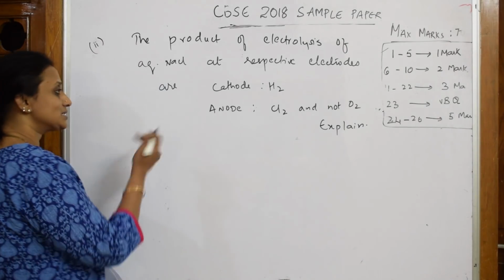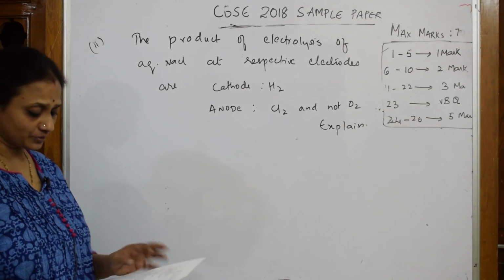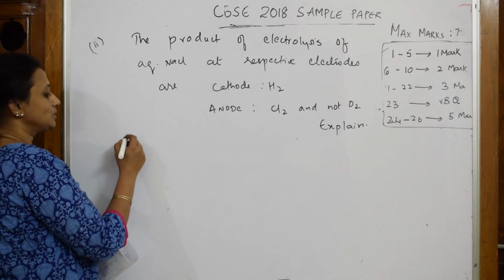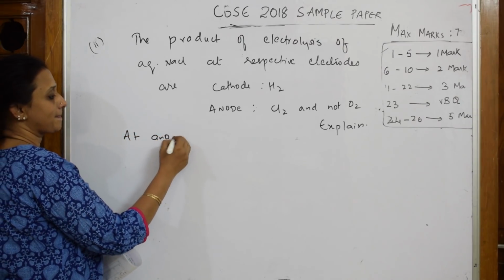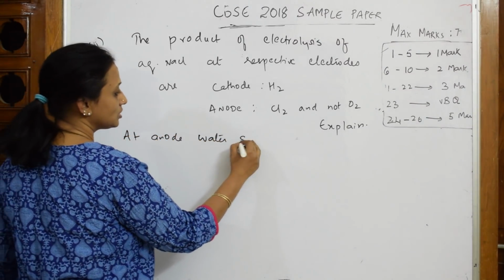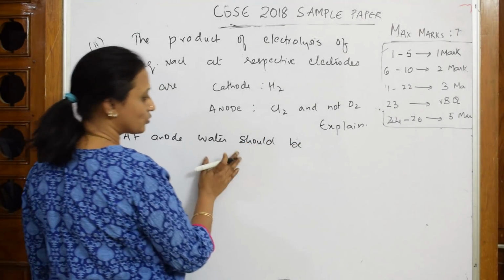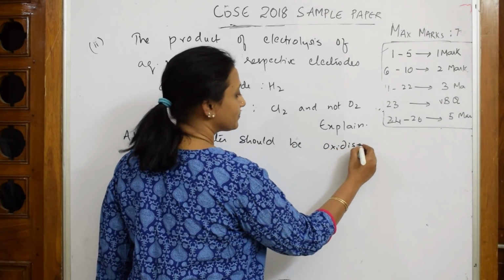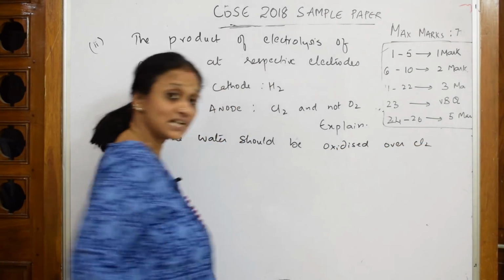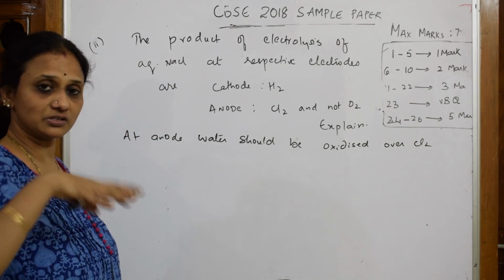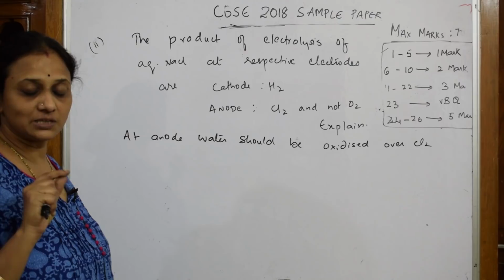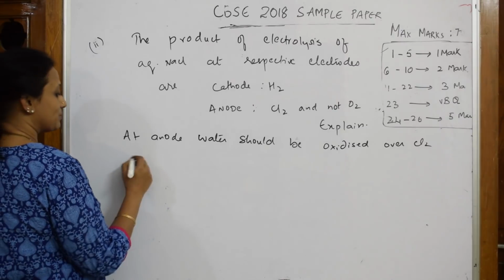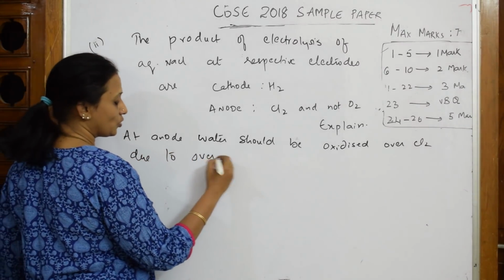So first important thing. Basically, what is the concept? When I have to read the question, what actually should happen at the anode? Water should be oxidized. Actually, when water is oxidized, you will get oxygen, right? Water should be oxidized over chlorine. But now what is happening, because of the voltage when you're supplying, the cell potential of that, because of the over voltage or over potential sent into the cell. Okay, I'm writing that also, due to over voltage